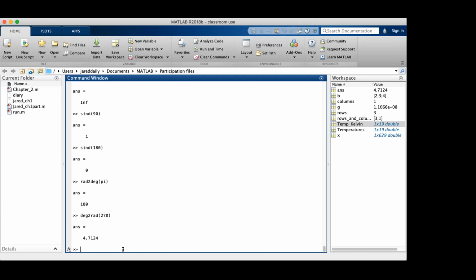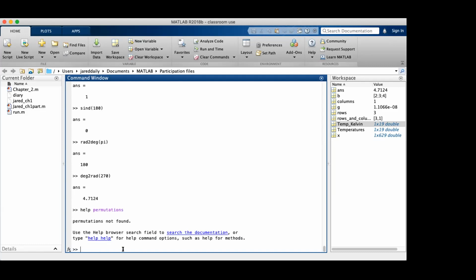Yes, it can. So the combinations is this one here. That's the one we saw. That's the n choose k. There are several other versions of that, and if you type in help, so that's the combinations one. Permutations, so that you have to choose them in a row. And let's actually do help